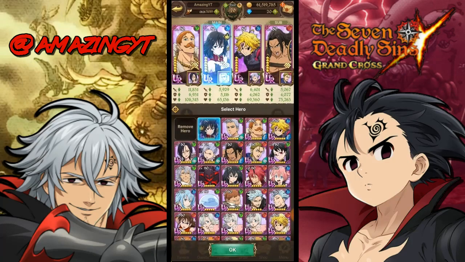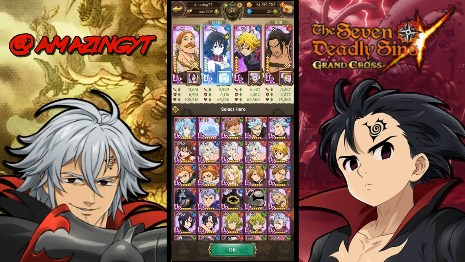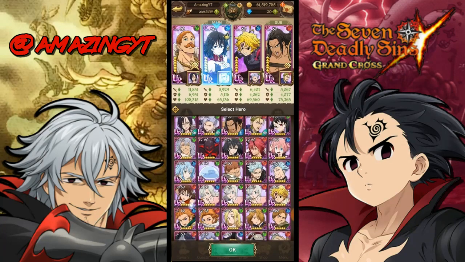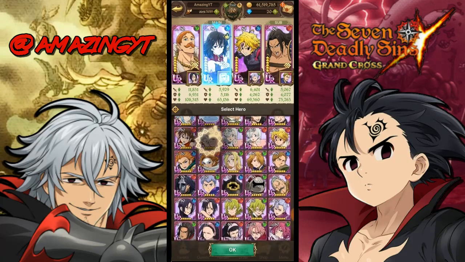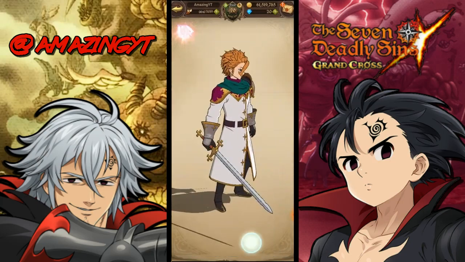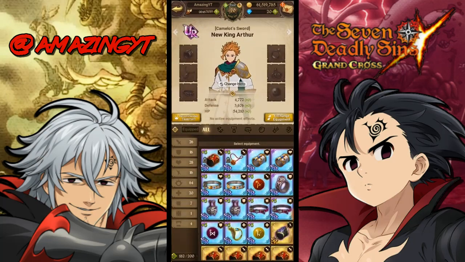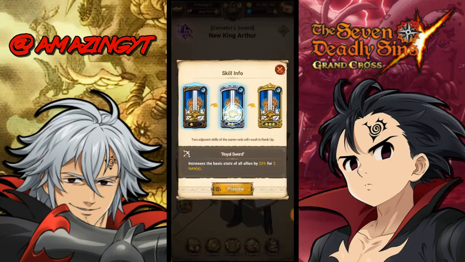And then, guys, we're going to be going over Arthur as the final unit just because I think that's about the general gist of the meta at the moment. There isn't really any more units that are pretty viable. Yeah, let's go over Arthur real quick. So for Arthur, you want to make sure he is attack defense, guys. And the reason you go for attack defense is because you're already getting HP and defense from his Royal Sword